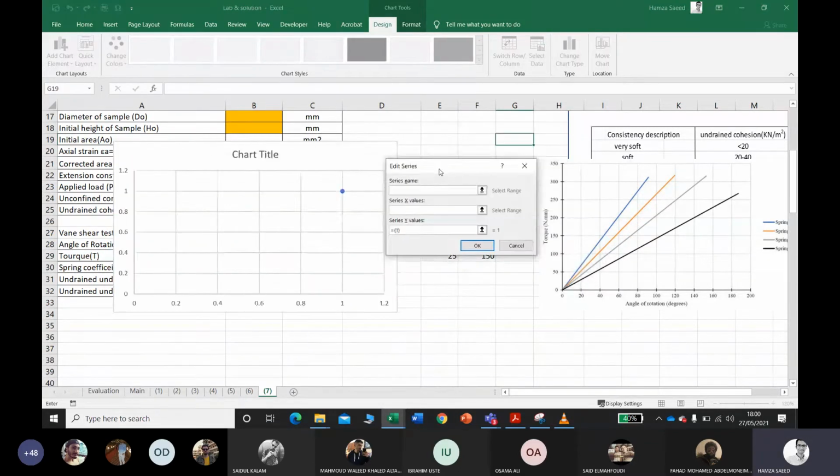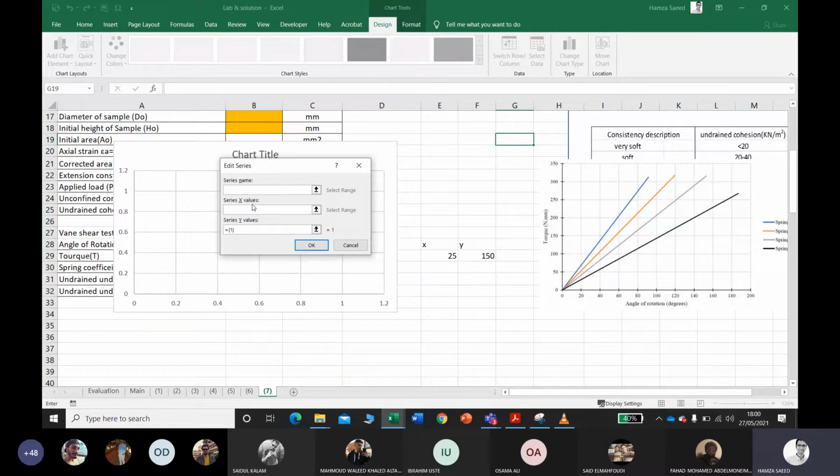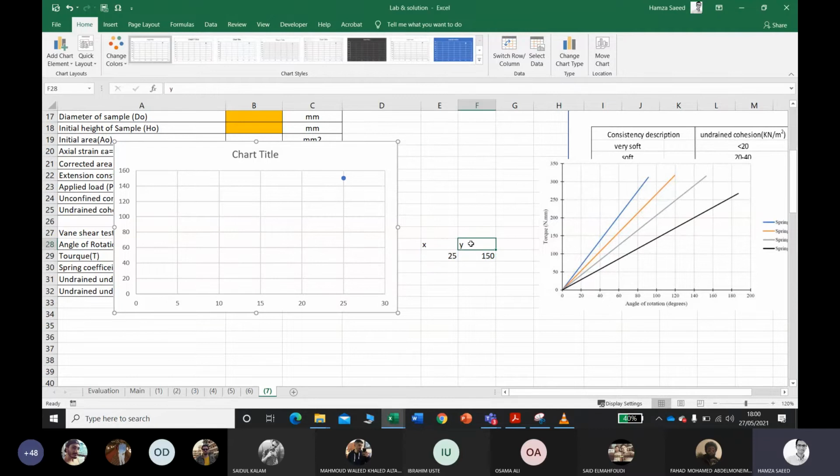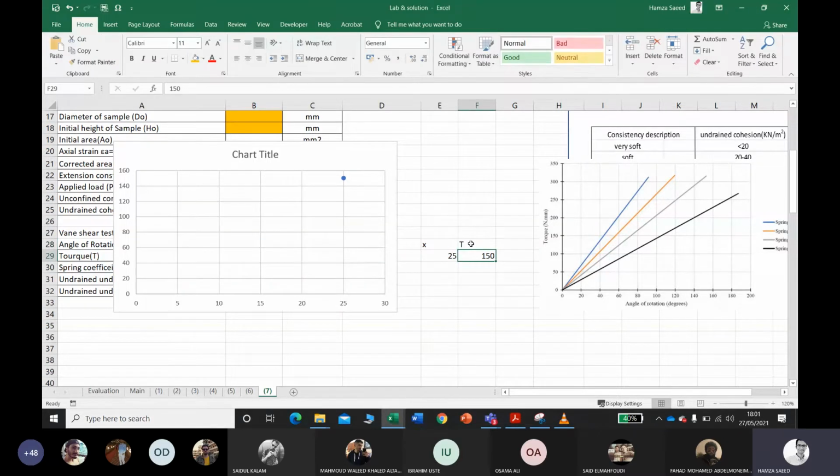The x-axis will be the angle of rotation and the y-axis will be the torque value. Let's say we are going to measure for 25. The torque value is theoretical; I just put some numbers right now, but we are going to calculate what it is going to be. Let's say this is for spring 1 we are doing.